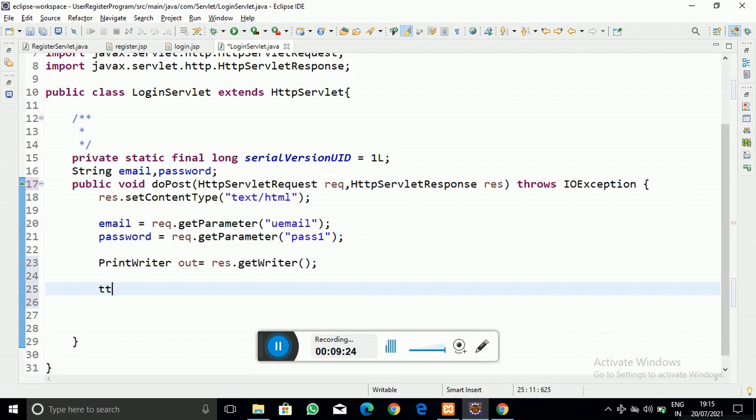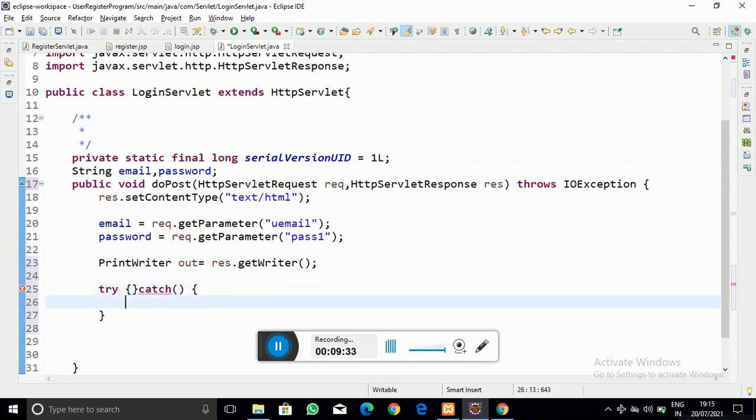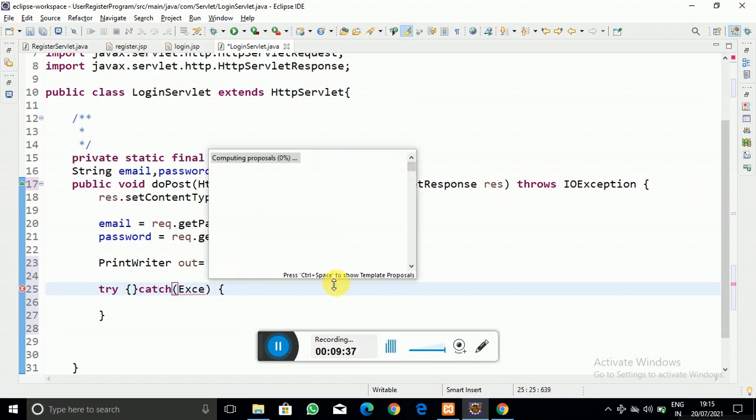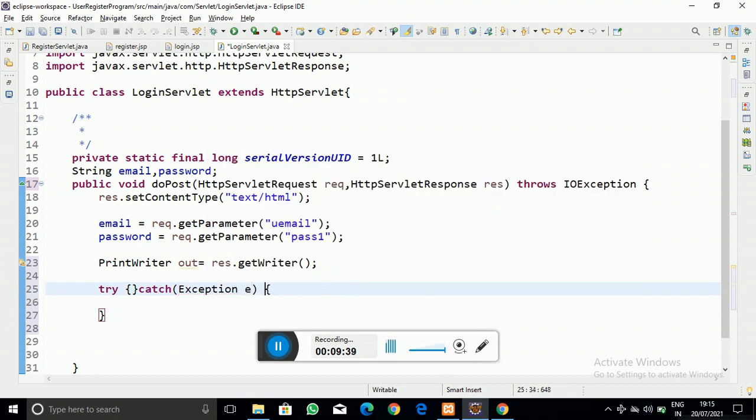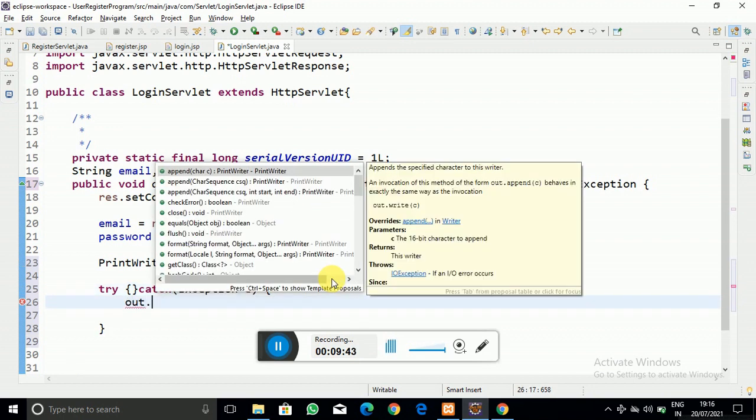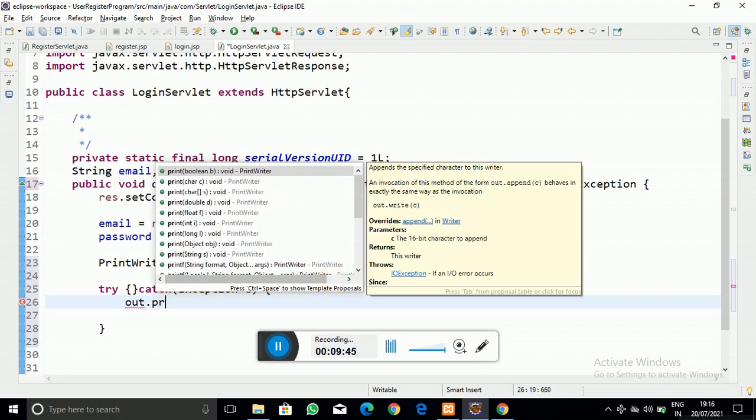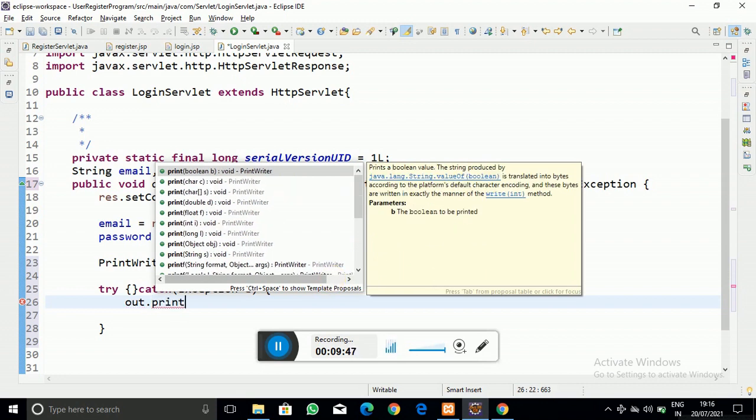Let us enclose it in a try catch block, and we have to handle the exception, if any, and print it onto the browser also, so that we can understand what type of exception occurs.